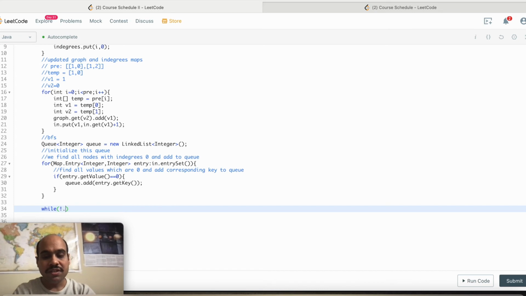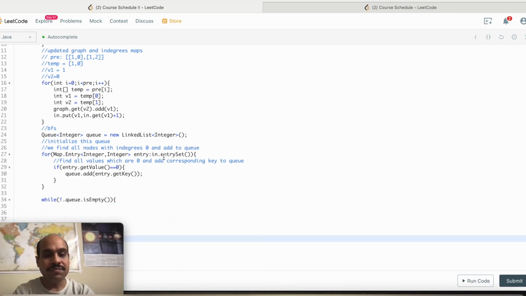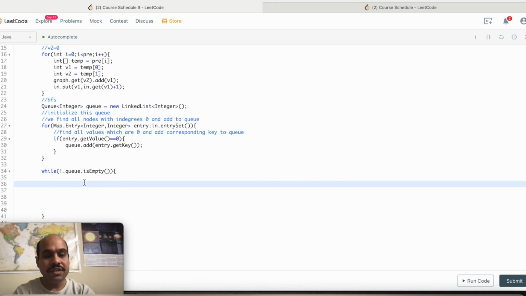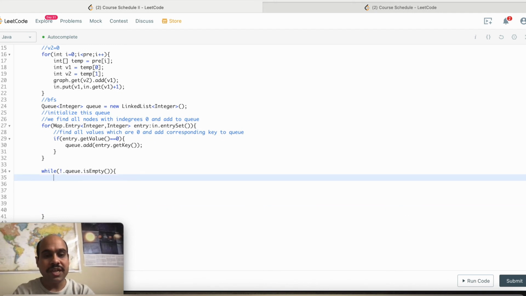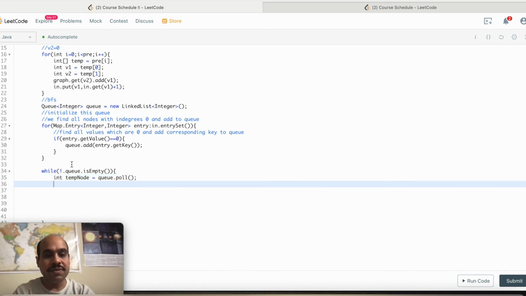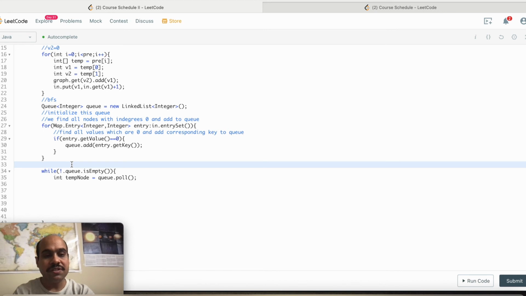While queue is not empty, we will loop through it, and at each step we need to take a value out from the queue. So we'll say int temp node, or any name you want, and we'll do q dot poll, and then we can simply add it to our result. So I'll take a list of integer for our result.